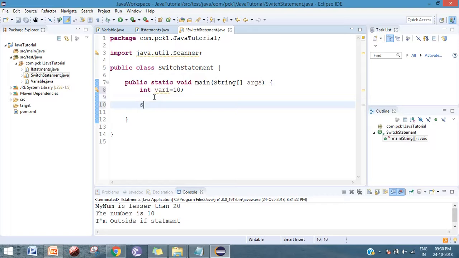So now I'm creating a new switch statement, and inside the expression I'm giving a variable name var1, and I'm comparing it with three different cases, that is three different numbers. First I'm checking whether the variable 1 is equal to 5. So you should use keyword case space. After space you have to enter the value which you want to compare with the switch expression, followed by